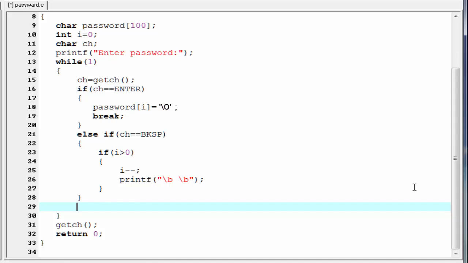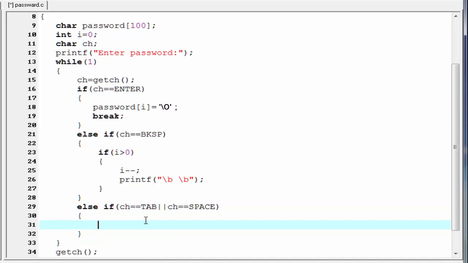So I am going to write here else if ch equal to tab or ch equal to space. If this condition is true, then we execute continue statement. When continue statement is executed, control will go here and read the next character.